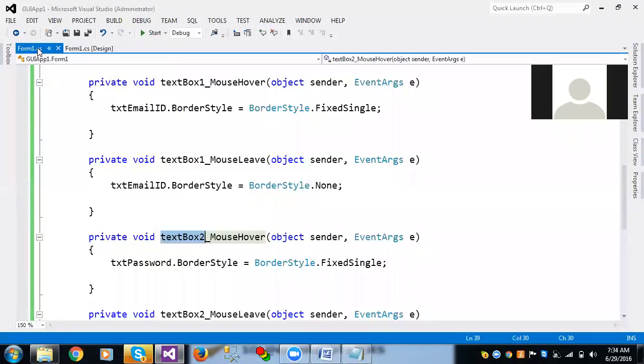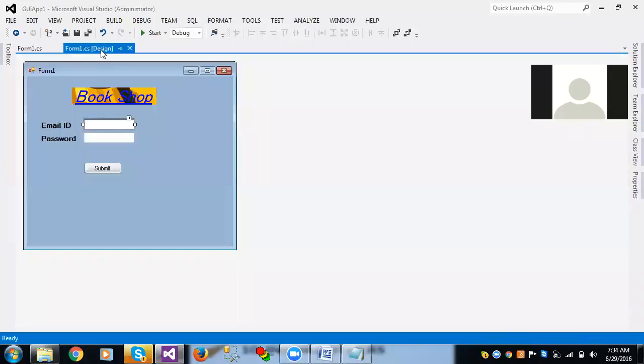Only the control names will change, so it should not raise any error. Errors like "text box 1 cannot be found, text box 2 cannot be found" will not come. So now here,